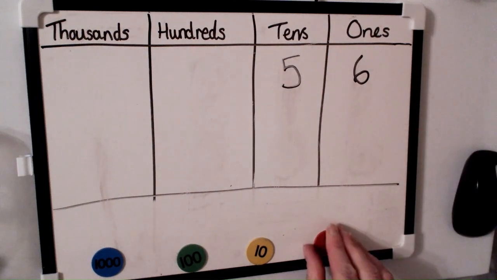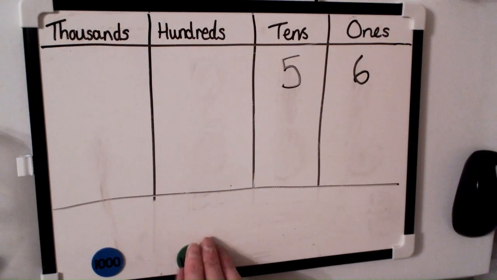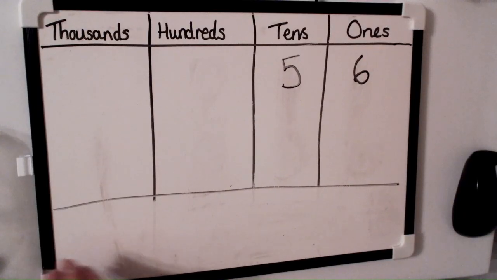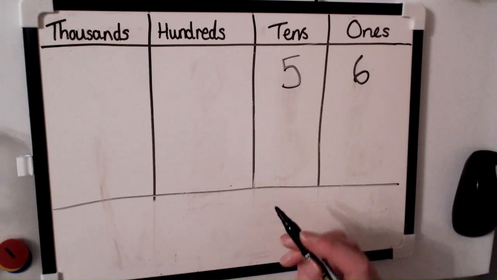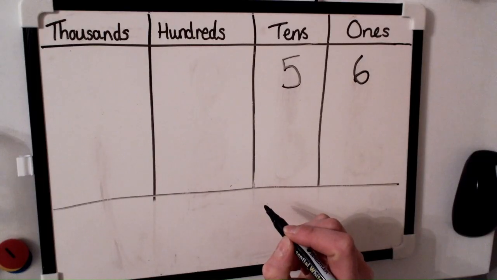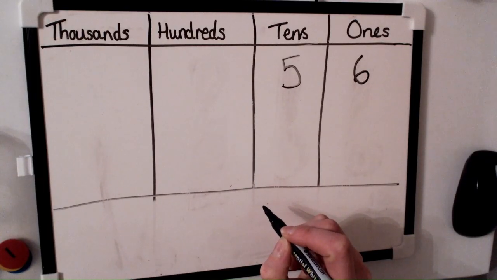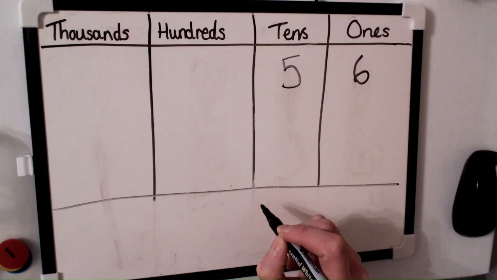Now before we look at addition, I would like to explain the zero in a number. Sometimes there are no ones or no tens in a number. When that happens, we use a place value holder, which is the number 0. The 0 shows that that place is empty, but it still holds space so the digits stay in the correct columns. For example, the number